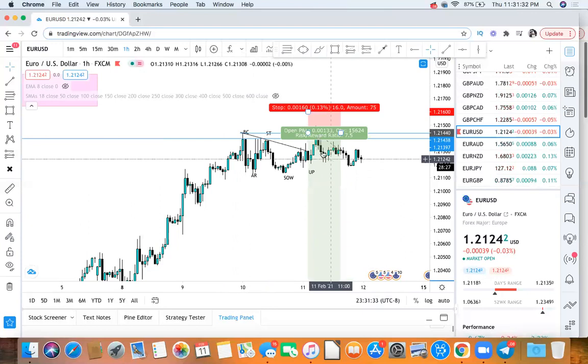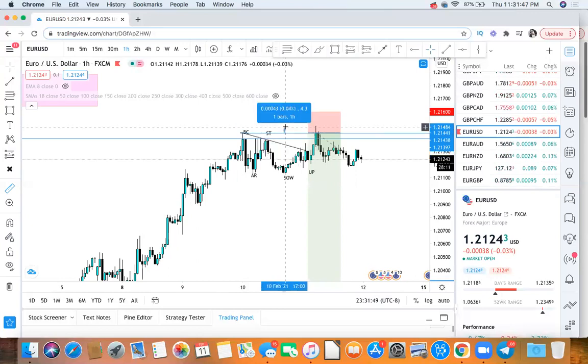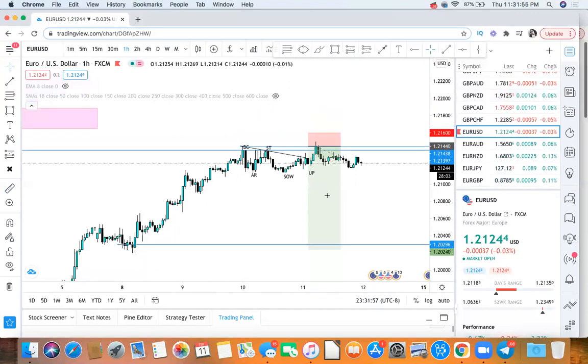Which it did. Market came up and activated our sell limit because we cleared all the stop losses. Right here, with where we had the sell limit, we had around 4 pips drawdown. So we see right here, that was our entry price, and market came all the way up here, which was like 4 to 5 pips drawdown. Not much drawdown going on, and our tight stop of 16 pips